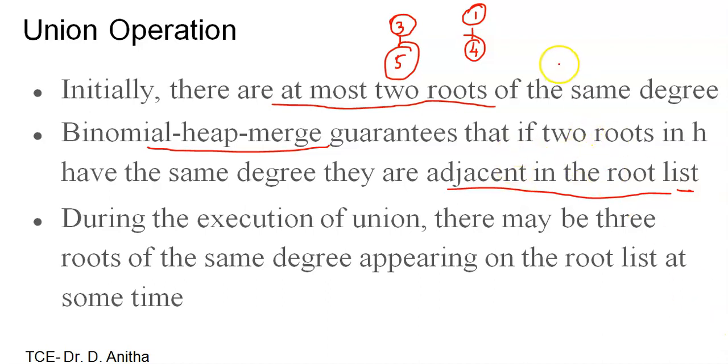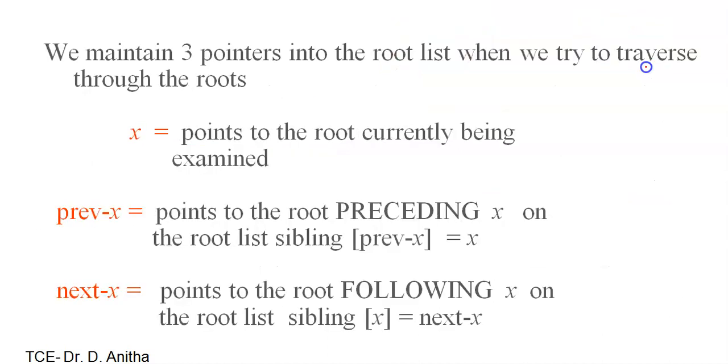So I cannot have a b of 0 in between. I can have only b of 0 at the start, then I should have a degree 2, then I should have this degree also. This is the merge operation when I want to do it. After merging, it will make up the link. Okay, so we need to understand how it is going to be performed. Please don't get confused at this time. Just understand we have a union operation supported by a merge operation, right?